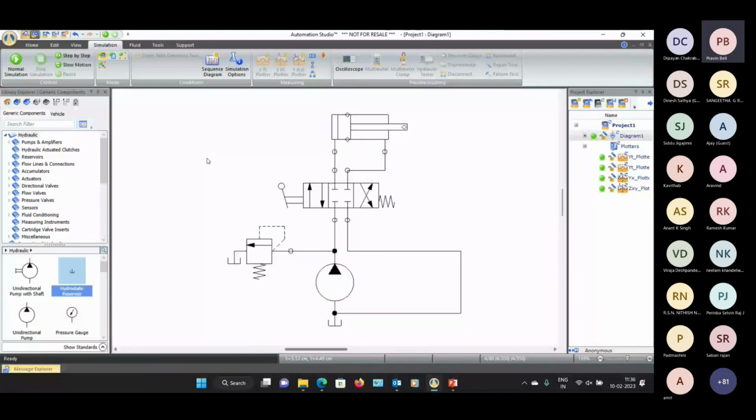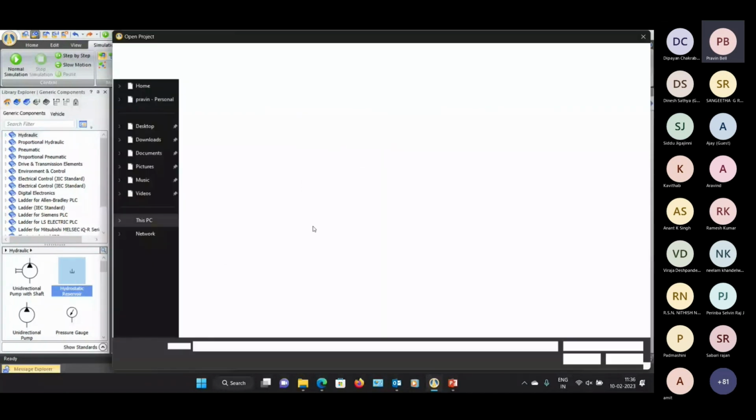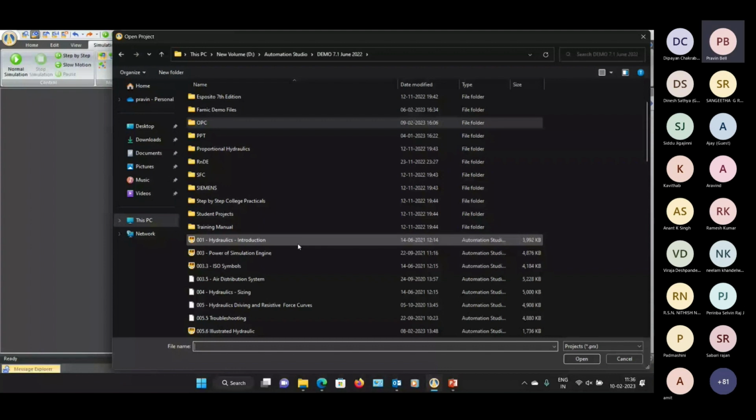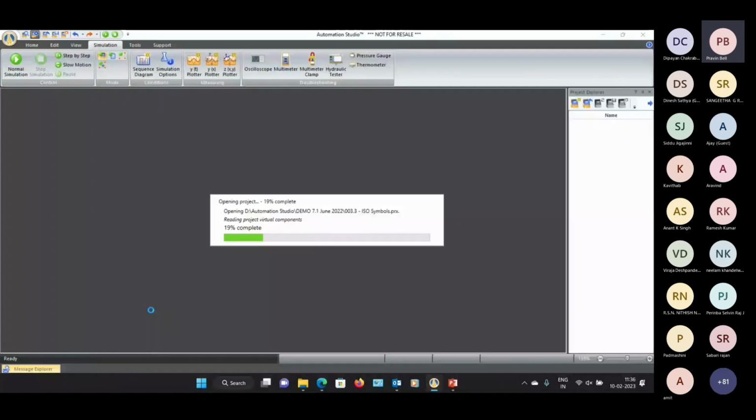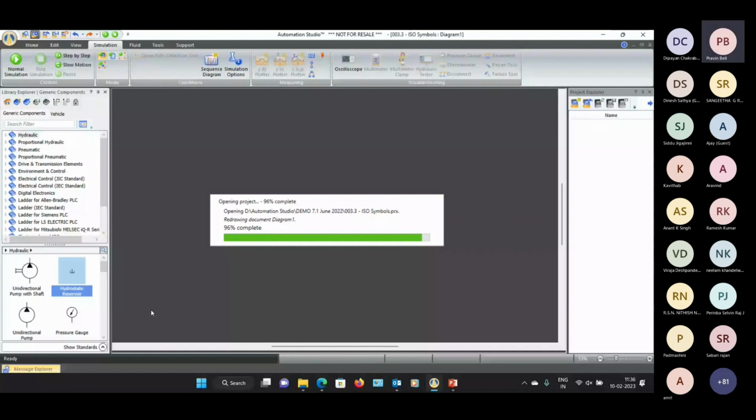And now what we'll do is open up circuits which are made and kept ready for you, and I'll show them to you. We'll explore new features in every circuit which I show you. So we'll go progressively with better and better features. I know you'll have a lot of questions, but I'm sure that almost all of them will be answered by the time we end this particular demonstration. So, okay. Now starting at the basics,